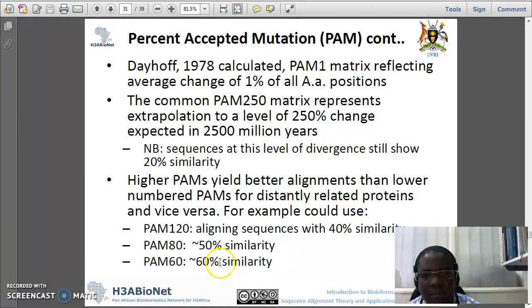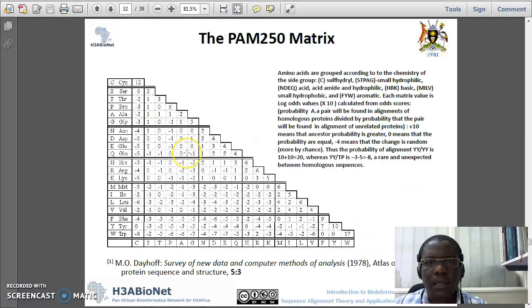These are obviously more closely related, so the lower PAMs are used to align more closely related sequences, and the higher PAMs are used to align more distantly related sequences. This is an illustration of the common PAM250 matrix. Remember, like I said earlier, Dayhoff in 1978 only calculated the PAM1. So the PAM250 shown here and all the other members of the PAM family are really extrapolations from the